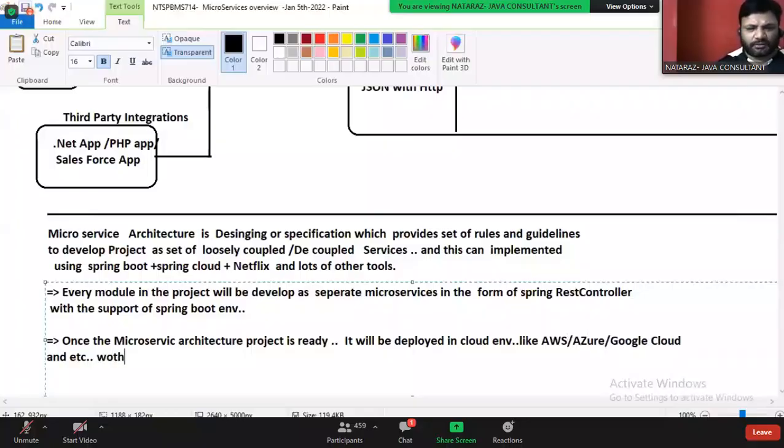Okay, with the support of DevOps tools. With the support of what tools, guys? DevOps tools. What are those DevOps tools, guys? Jenkins with the CI/CD. Next, Docker plus Kubernetes.